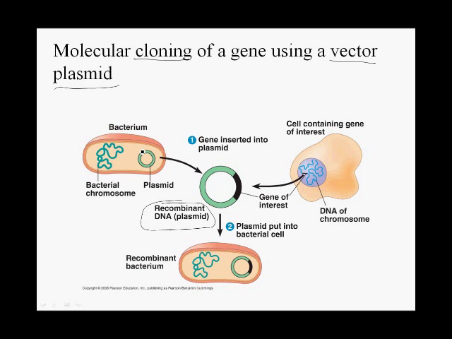It can be isolated from bacterial cells, cut open or linearized, and then ligated together or spliced together with a foreign DNA segment to generate a new or novel DNA molecule that contains a new combination of DNA sequences, and that's what we mean